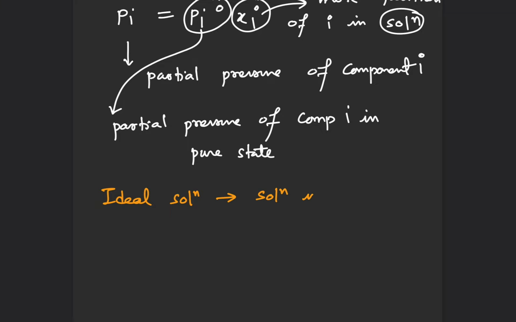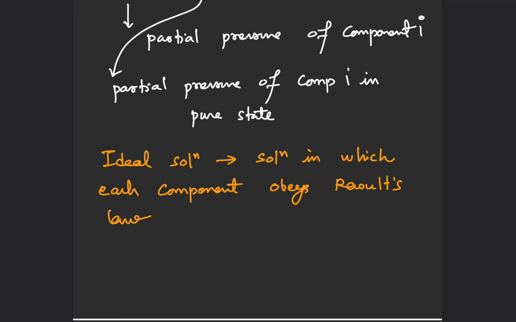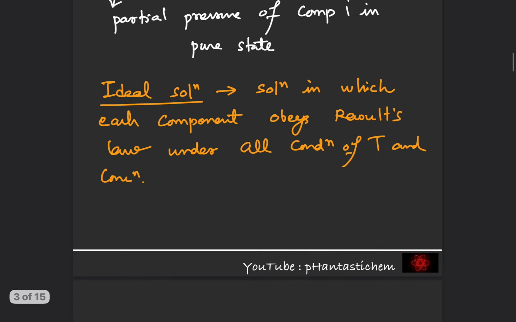A solution in which each component obeys Raoult's law under all conditions of temperature and concentration. Okay, so macroscopically there are two conditions when two components form an ideal solution, that is